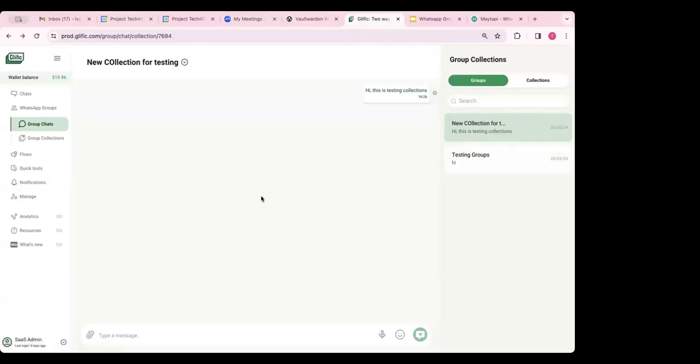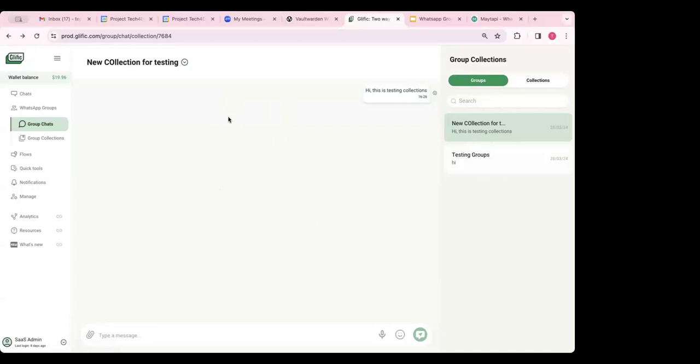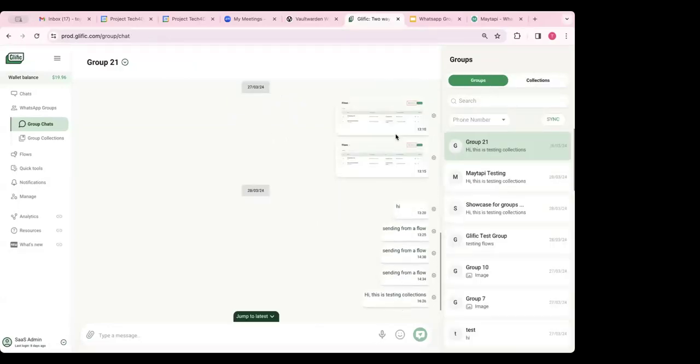Just two clarifying questions. When you are messaging from the Glyphic platform, which is what you are doing right now, that message will go from the number that you used to register on MateFT and not your chatbot number, right? Correct. Okay. And the other question is, how does it work when we send HSM messages? Would it be based on the number of participants for the group, or would it be?